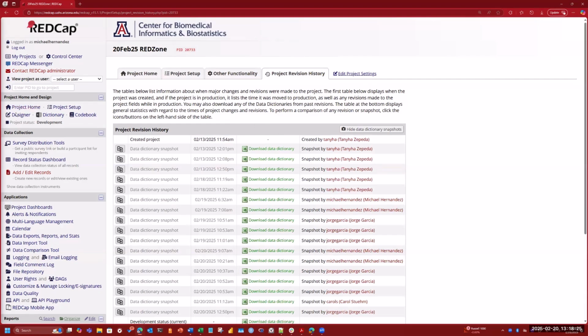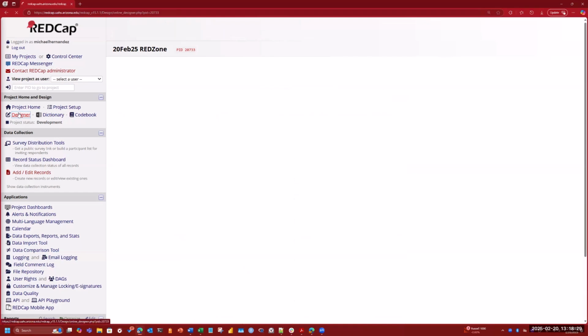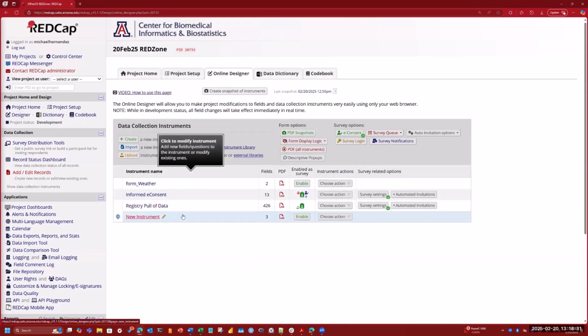The online designer and any of its data collection instruments are basically a representation of both. And so, importantly,